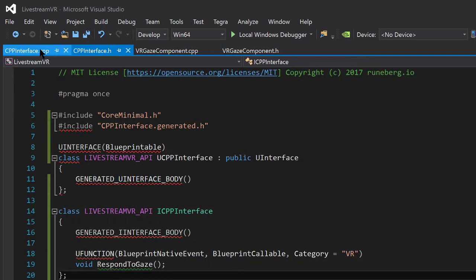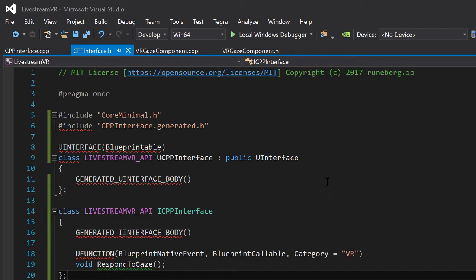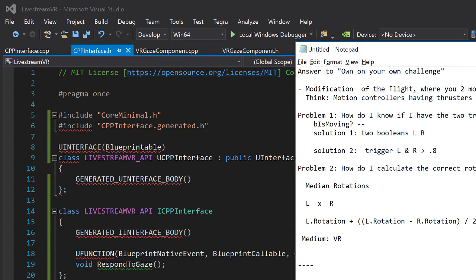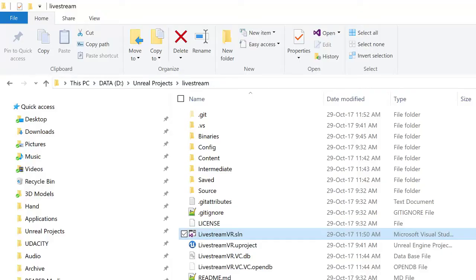All right, but that's how to create a basic C++ interface, which then you can attach to either blueprints or C++ classes. So basically, you'll do a multiple inheritance to do it from C++, but I want to keep that separate because it's a new concept, and I kind of want to do some visuals similar to something like this. All right, and yeah, it's already kind of noon, and I want to wrap this up. So we've got that running. If we run the project now,